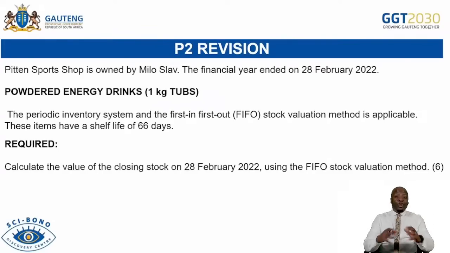Now, in the next activity, I'm talking inventory valuation. Remember, I said there is a possibility that the examiner can merge some of these topics. For example, your fixed assets can be merged with another question, and your cost accounting can be merged even with inventory valuation. Anything can be possible. Now, let's look at our inventory valuation. When we look at inventory valuation, we're looking at the three methods: your FIFO, your weighted average, and your specific identification. All right, so you must be able to calculate the value of closing stock using your FIFO.